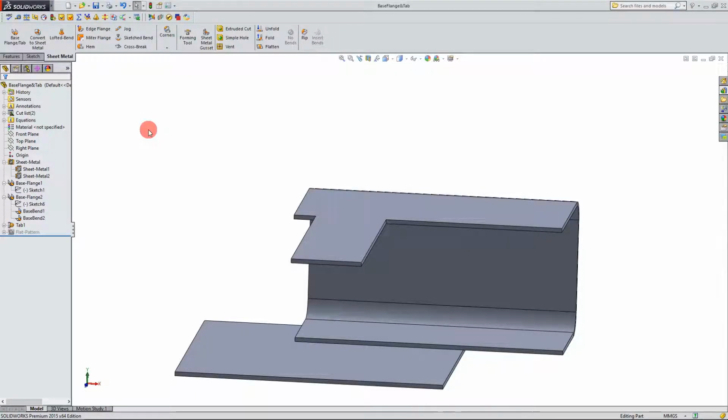Hi, in this tutorial, we're going to continue where we left off with our base flange and tab feature, and I'm going to show you how to use the edge flange feature. So let's come up here to the top to select edge flange,